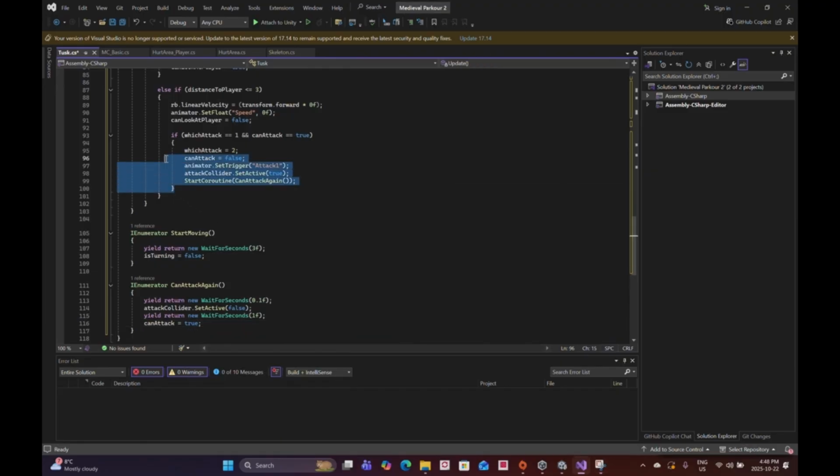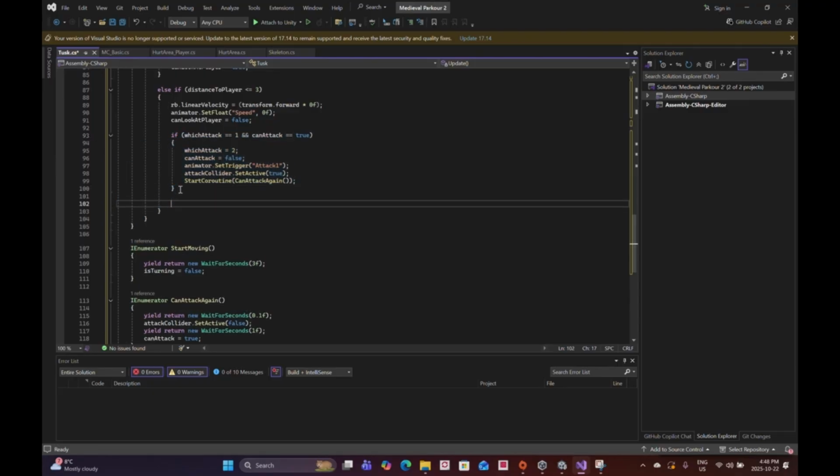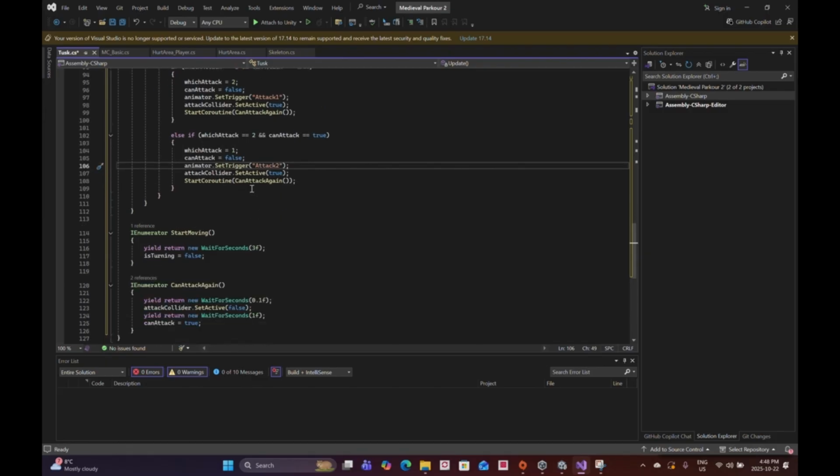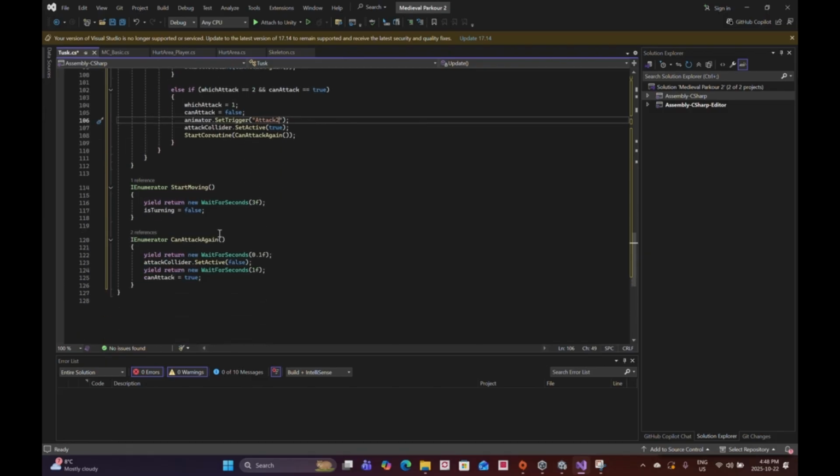Okay, I also need to copy and paste this. I'll make this an else if the which attack is equal to 2, then it gets set to 1. Attack 2 animation is triggered. Attack collider set to true, and then the coroutine is triggered again. I also need to create another coroutine